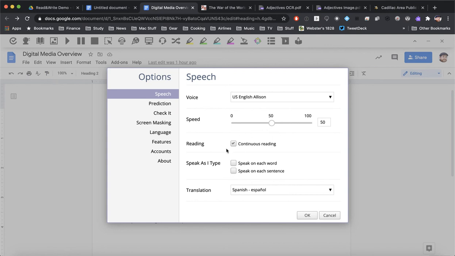Continuous reading is an option that I think is really important to take note of. When continuous reading is checked, it will start reading wherever you tell it to start, and it will continue to read until you either pause or stop the reading. This can be great if you're reading a whole chapter of a book, or you're reading multiple paragraphs,